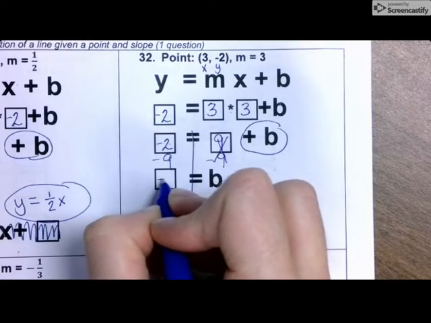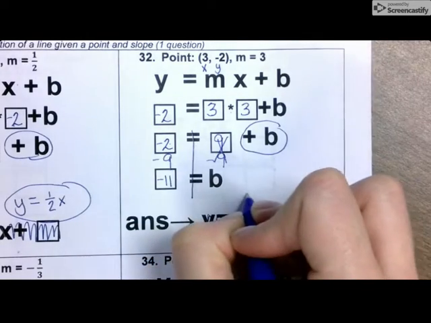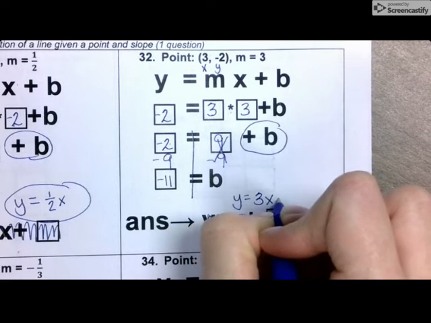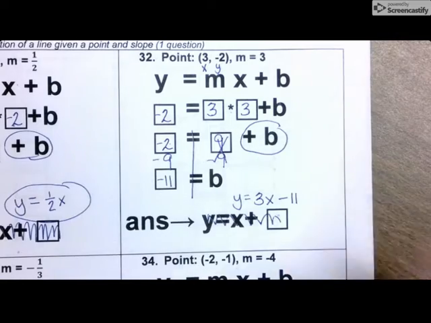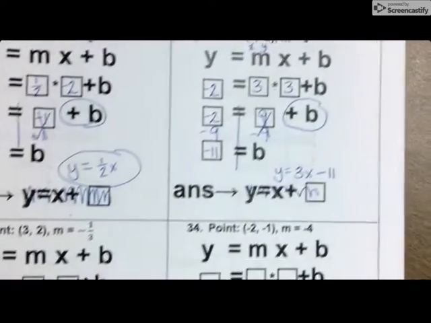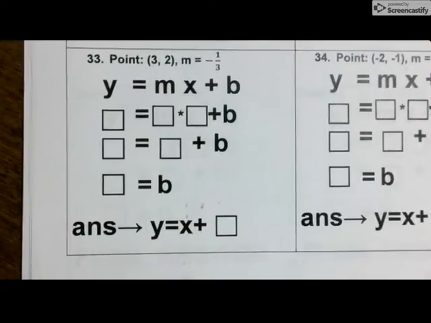So the inverse is going to be -9 on both sides. -2 minus 9 is -11. So this is going to be y equals 3x minus 11. Y equals 3x minus 11. Okay? Oh, sorry, that's your answer. For this one down here,